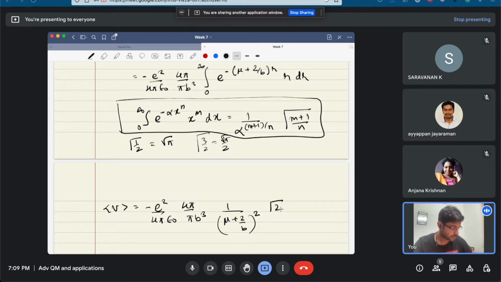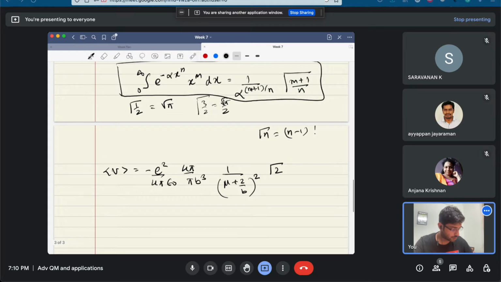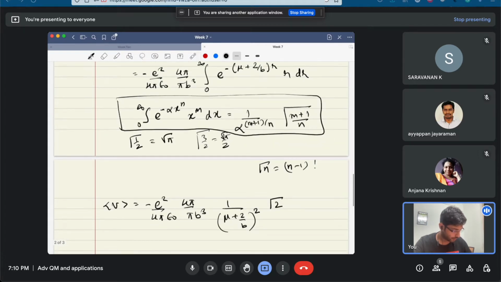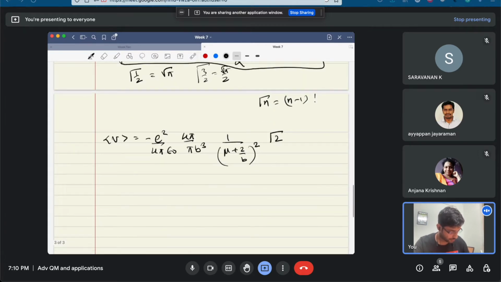So gamma 2 is nothing but, so gamma n is n minus 1 factorial. So this is nothing but 1, right? So this is what we get from the integration, and hence we can write it as,